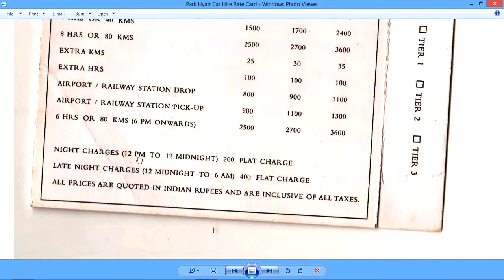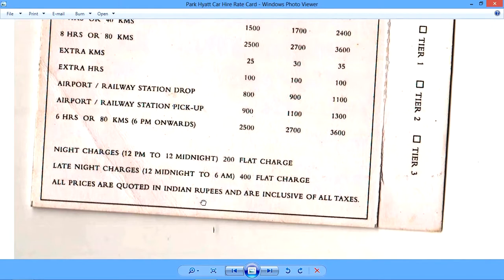So, if the car is hired after 6 p.m., from 12 p.m. to 12 midnight, the guest has to pay rupees 200, and if the late night charges extend after 12 midnight and go to 6 a.m., then the guest has to pay rupees 400 extra.